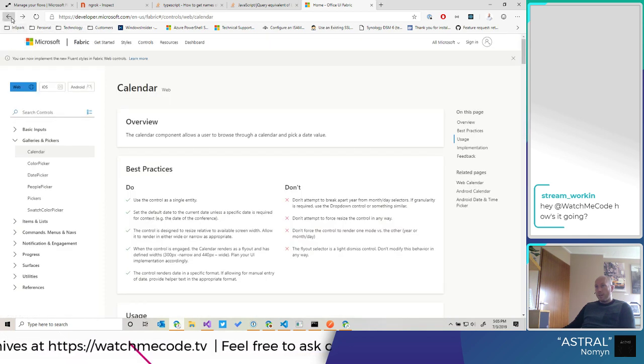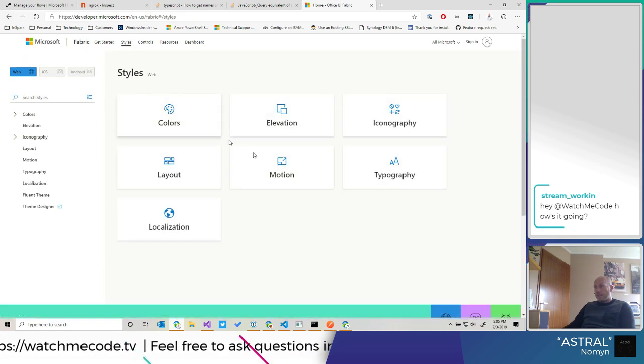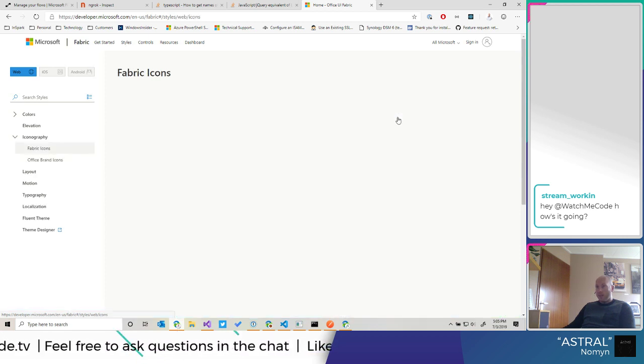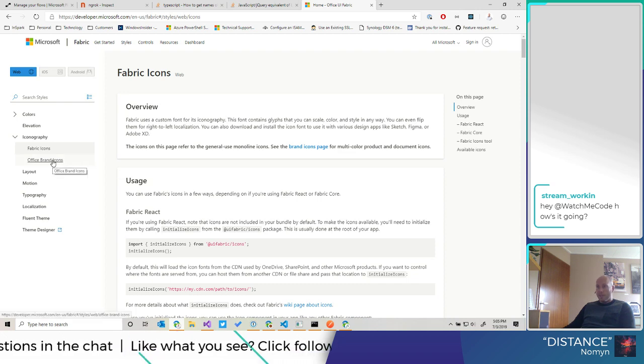But the other thing that they have is the styles. So they have colors and stuff, but they also have iconography. And they have the fabric icons that we're taking a look at in a second.